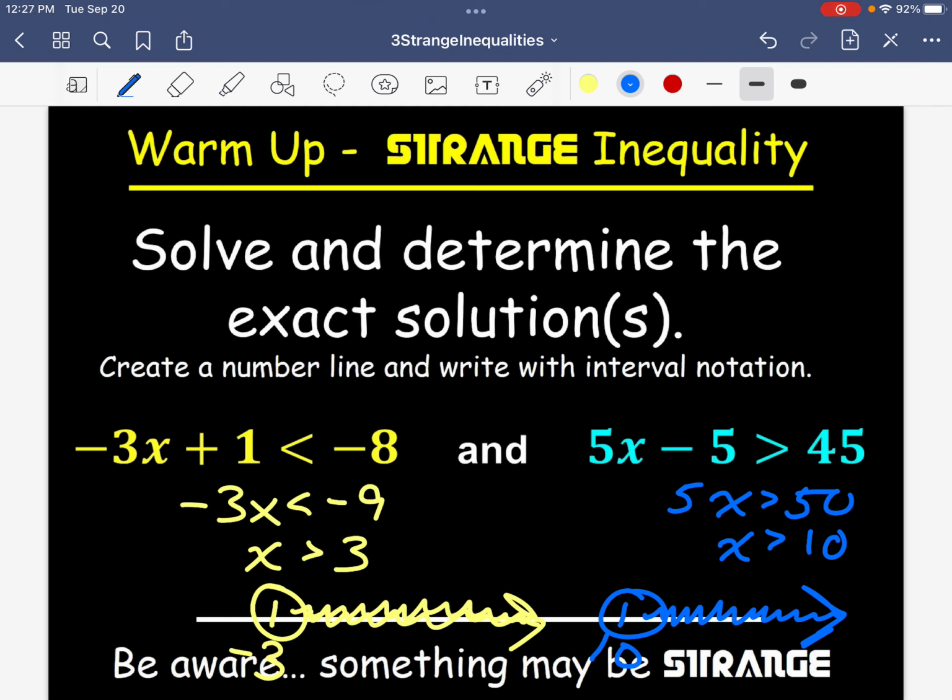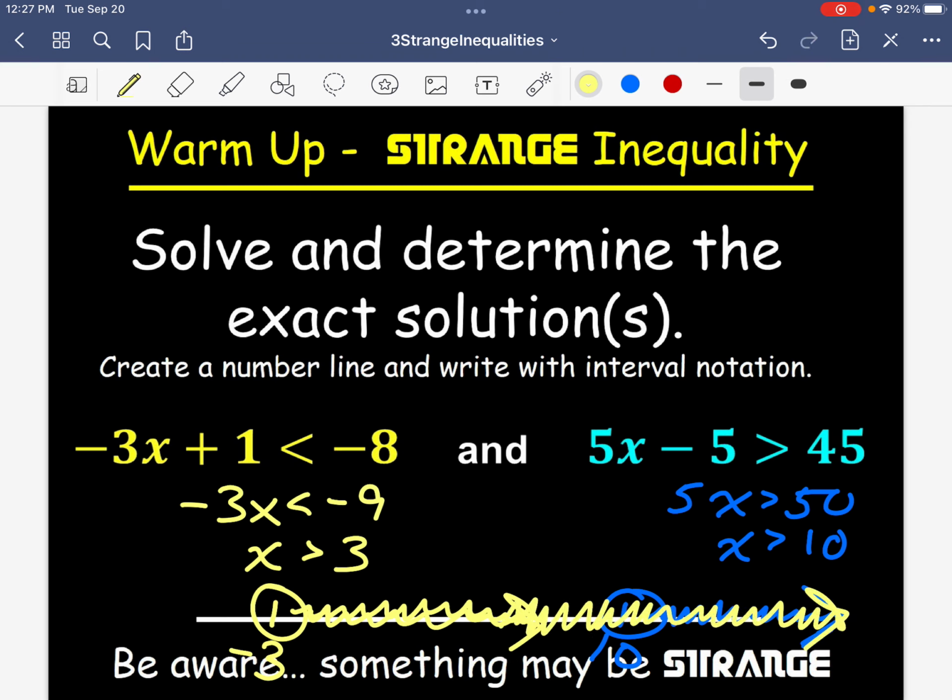Now, we haven't made any mistakes, but what we do want to do is clearly represent the solution. We want to clearly represent the exact solutions. And so here we go back to this word and. What we want to understand is that and implies intersection. It implies that both are happening. Can both of these be happening? Can we be greater than -3 and greater than 10? Well, yes, we can. We just have to realize that that is only going to happen where both of these